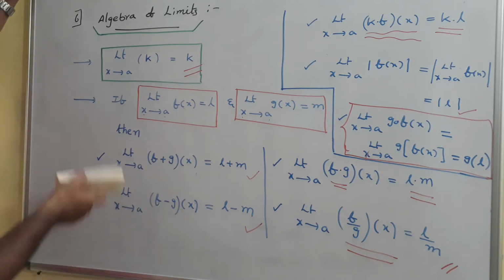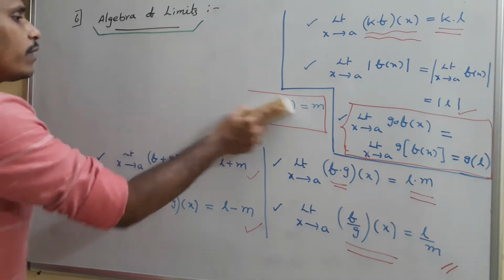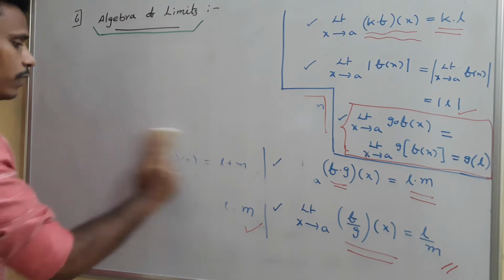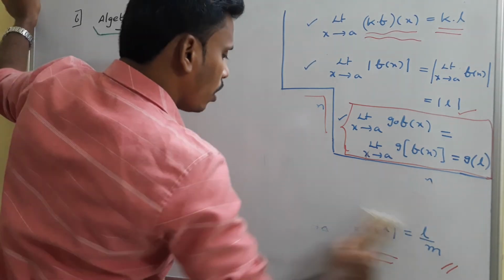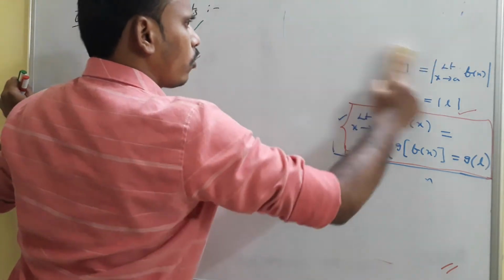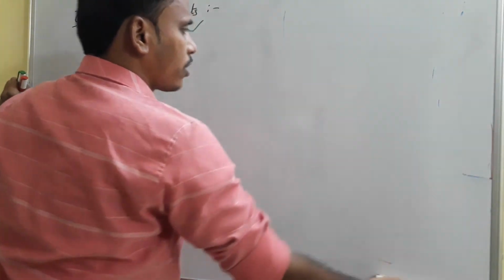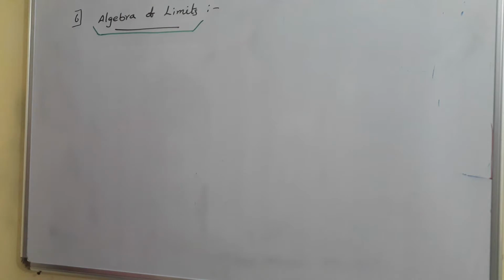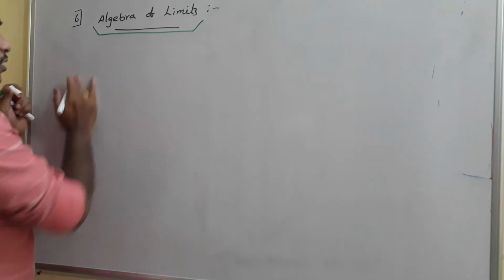So with this discussion of algebra, easily we will split the given problem into some small parts, and then we will find the limits. Is it clear? So for an example I will give you one small discussion here. As per this discussion, as an example I am giving, just have a look.